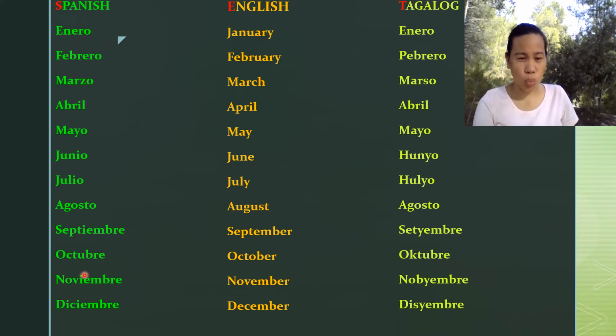Octubre, October, Octubre. So, the only difference is the letter C, la C in Castellano, and la K in Tagalog, letter K. Same pronunciation. Noviembre. Again. Noviembre. November. Noviembre. And then the last one, the last month of the year,